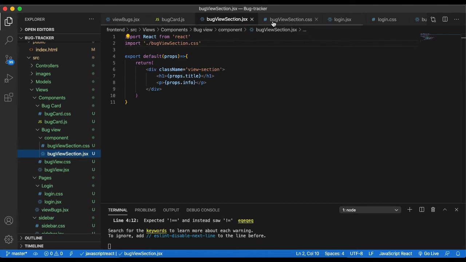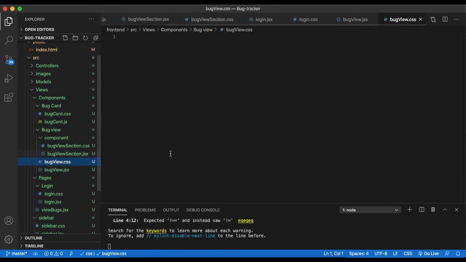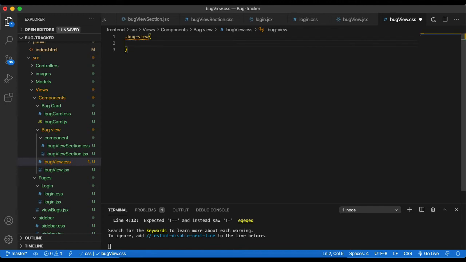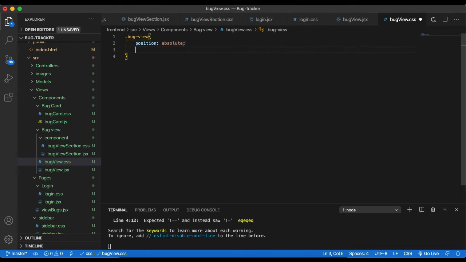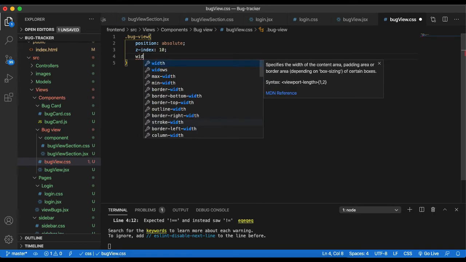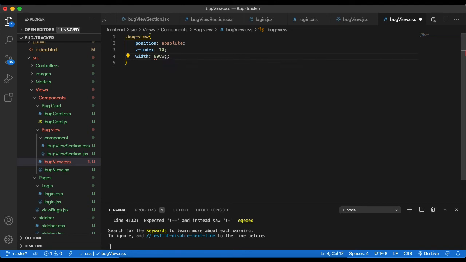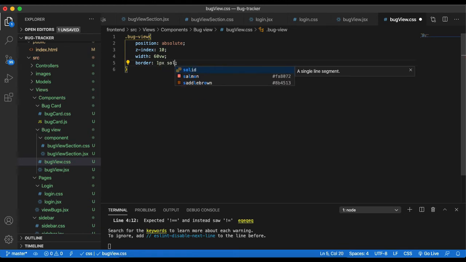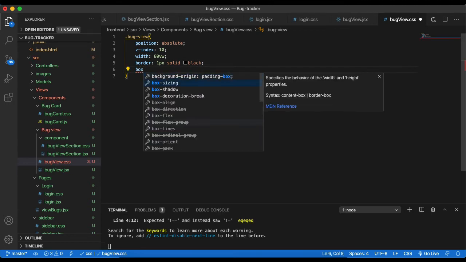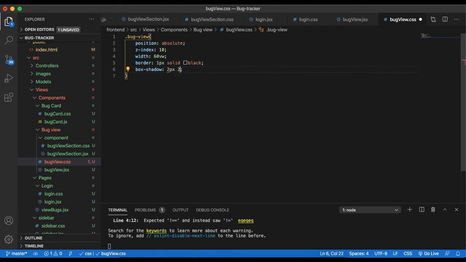So inside the view bug CSS, we want to get the bug view class, and we want it to sit on top of everything. So we're going to have a position of absolute, and we're going to set the Z index, and we're just going to set it to 10 just so we're a bit overcautious. Let's have a width of 60 VW, view width. We'll give it a border of 1 pixel, solid border, and let's make it black. We'll give it a box shadow, and let's give that 2 pixels, 2 pixels, and then we'll give it a black,